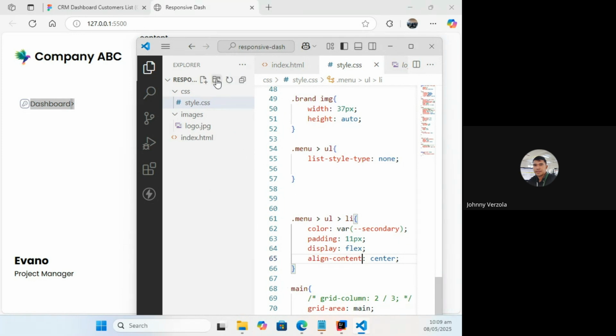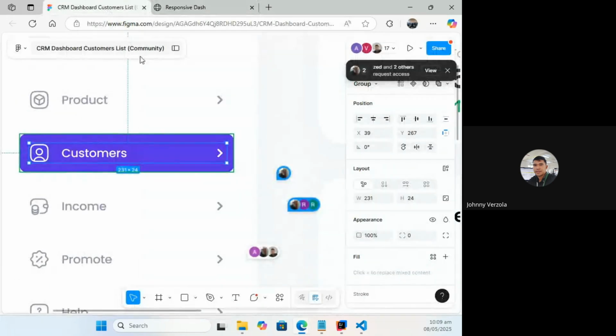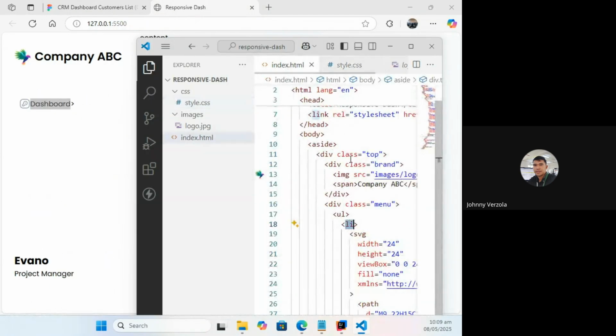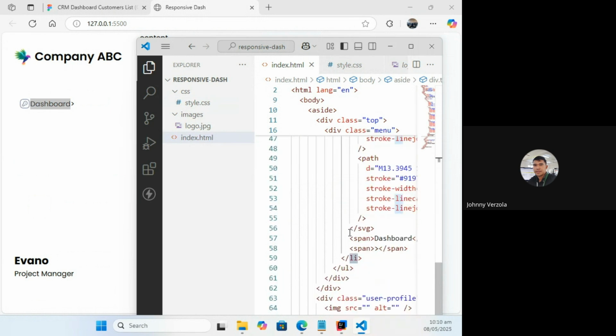Okay. Now I'm going to set a flex grow to the dashboard, so it's going to occupy the whole thing. I want it to occupy the whole thing. So how am I going to do that? I can use flex grow on that. So I have to target the second span. This one. I'm going to target the second span, or the second child.